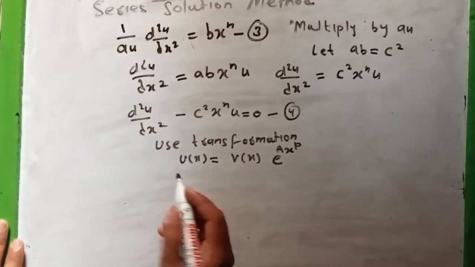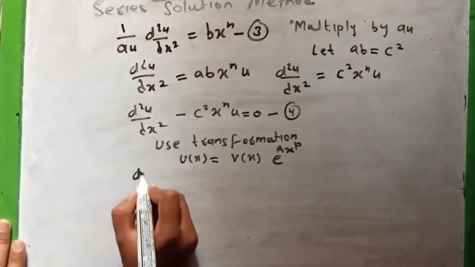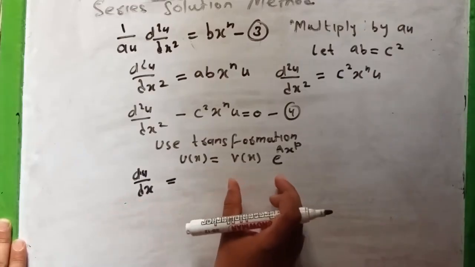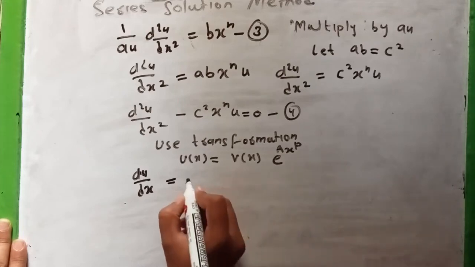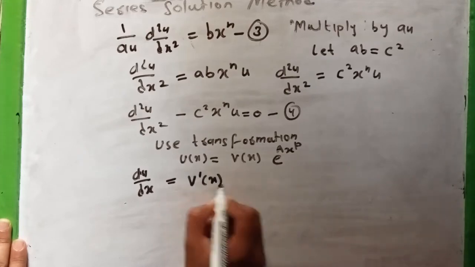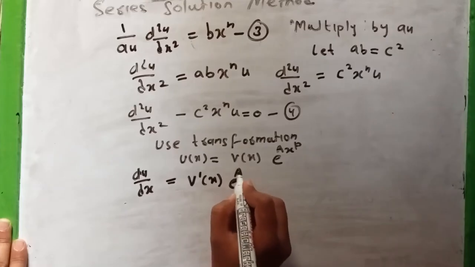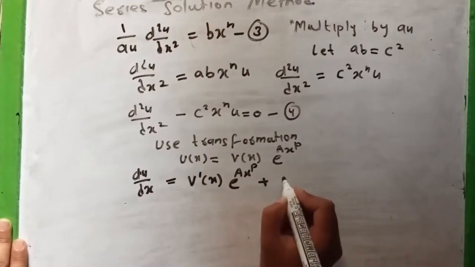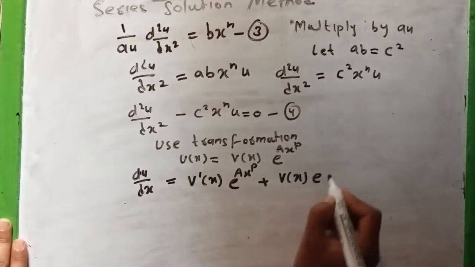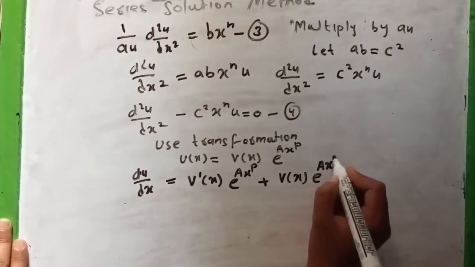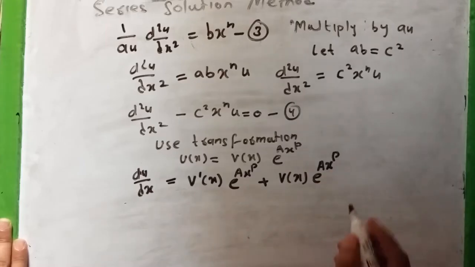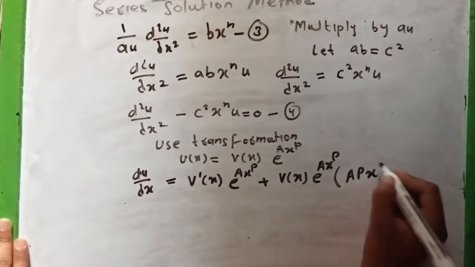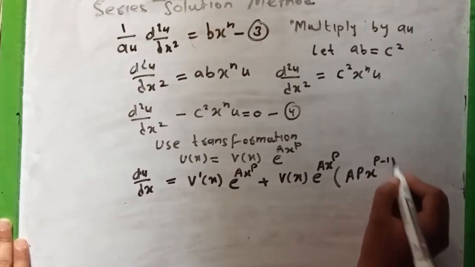So du over dx is equal to, now we'll apply the product rule, derivative of v of x exponent a x raised to power p plus v of x exponent a x raised to power p a p x raised to power p minus 1,